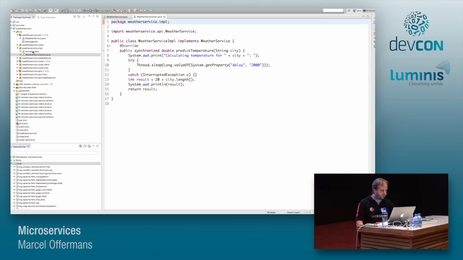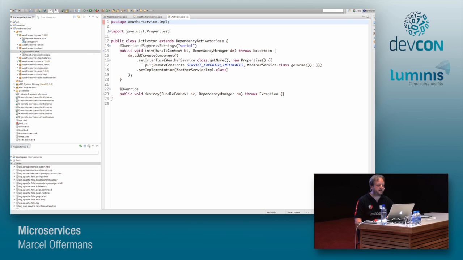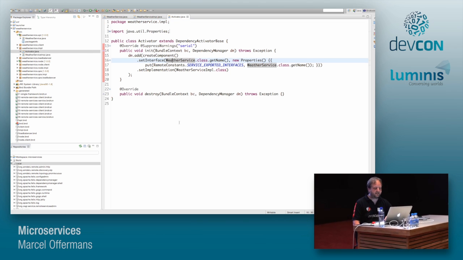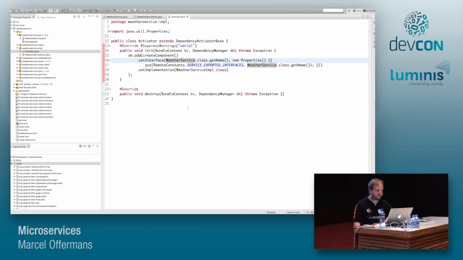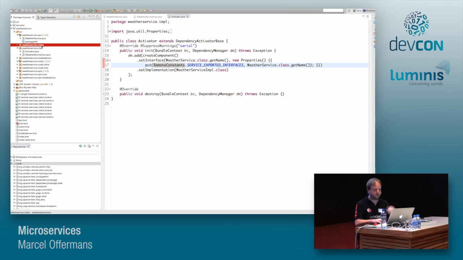And to make that work as an OSGi service, we have an activator here that will publish that weather service. And that's a pretty standard OSGi service. The only thing I added here is one single constant that tells the OSGi container, hey, you can also remote this service and make it available in other containers. At first, we're not even going to use that, but I'm going to put that bit of code in right now so we have it when we need it a little bit later. And of course, we also need a client that will actually invoke the weather service and get some of these temperatures.